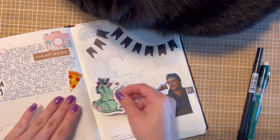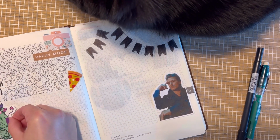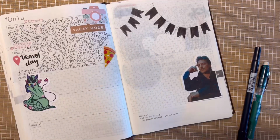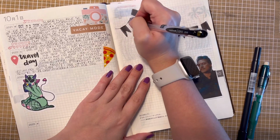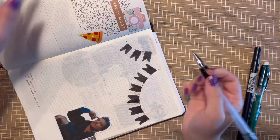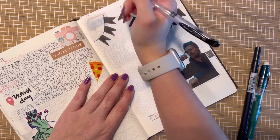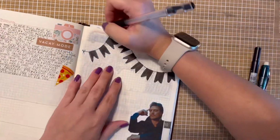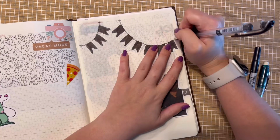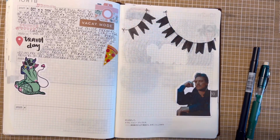This very interesting alien creature that's a little hoish and on brand for this day is from the Shein stickers I ordered, and then I used the Paper Geek Co. washi with little skull and skull bows. I haven't put that down yet, and then just some purple floral washi I had, and I think the purple floral washi came from Hell of a Plan. So that takes care of product on those two pages, and I can go back to chatting through what happened